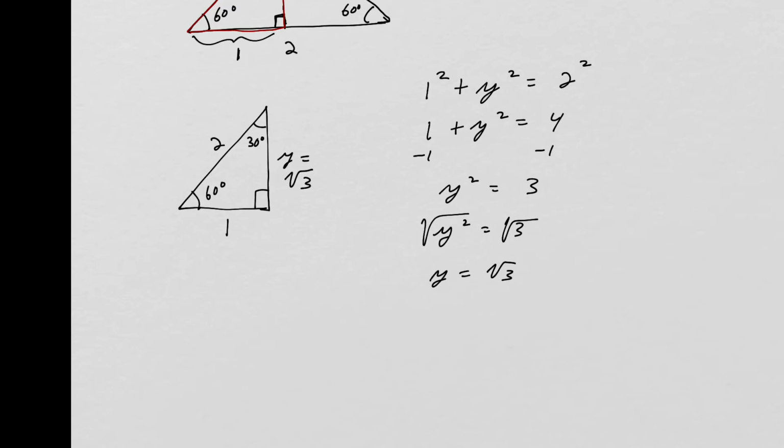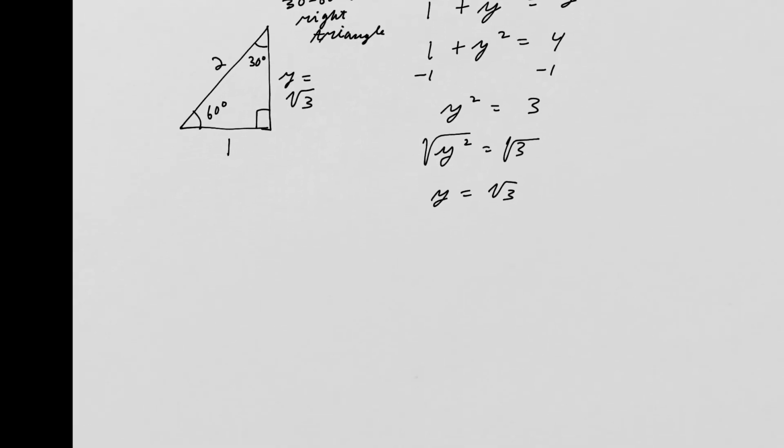Usually when you draw a 30, 60, 90 right triangle, you name the lengths: the shortest leg is 1, the hypotenuse is 2, and the long leg is radical 3. But you can multiply those by any number and it will also be true, because they're in proportion. Usually you just call it 1, 2, radical 3. Now, using right triangle trigonometry, let's find the sine and cosine of 60 degrees,